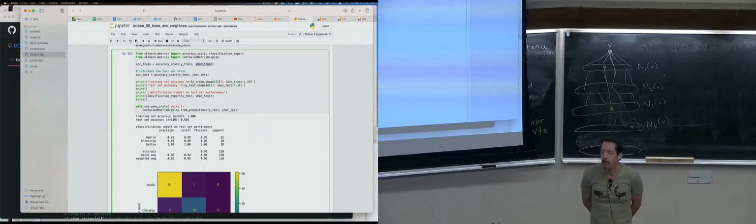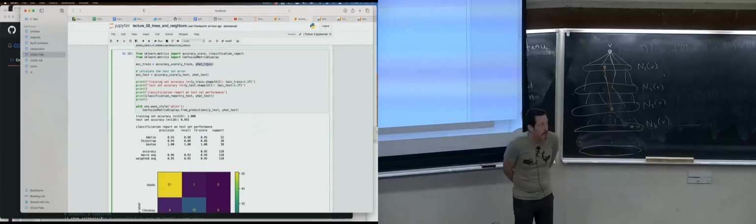So here's what's going to happen. You should explore this notebook further. I want to point